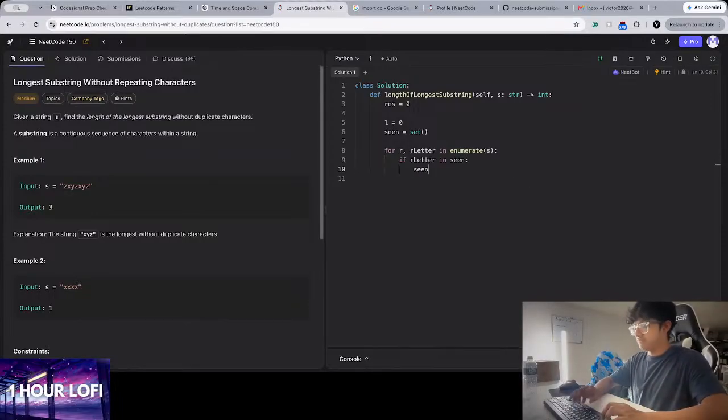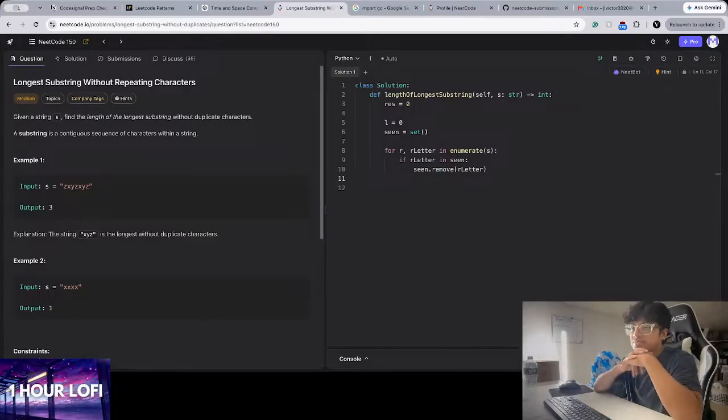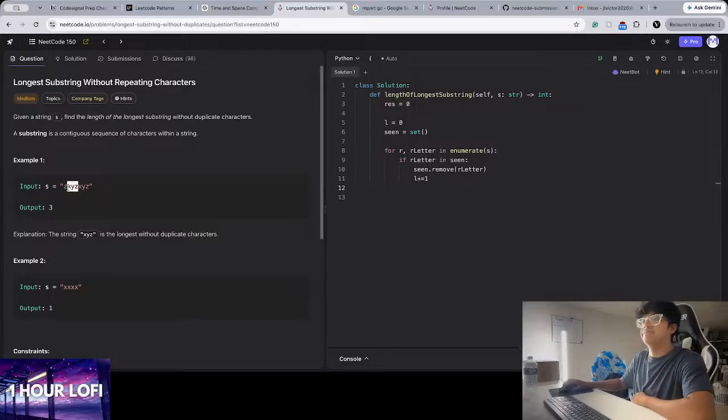So we'll do seen dot, I think it's pop or remove. Let's try remove, and then we'll just remove this letter. And at that point, we could also move up the pointer. And let's see, what else do we do here? So we're right here. We seen that character, so we pop it off, we move the left pointer up, and yeah, I guess we move on to the next iteration,